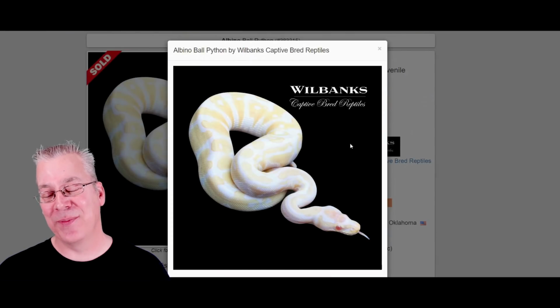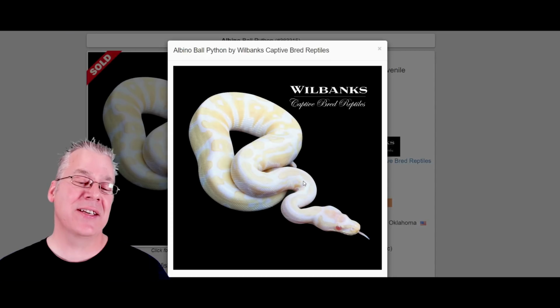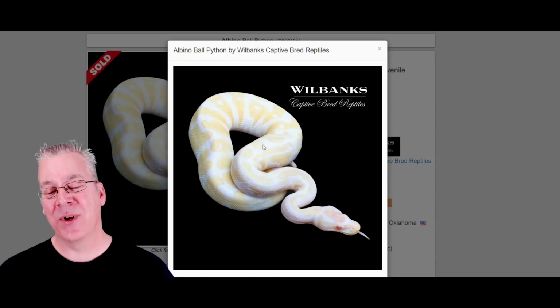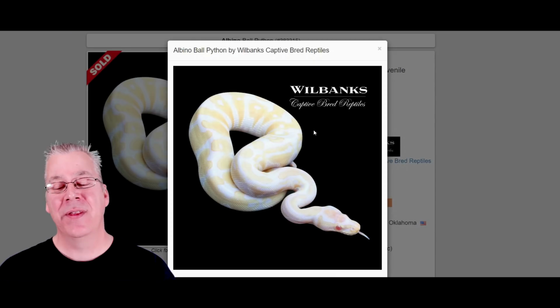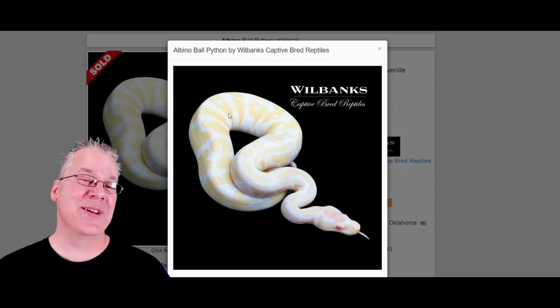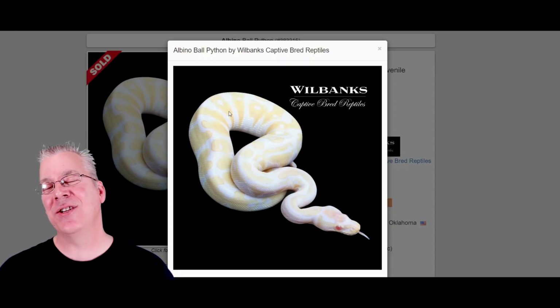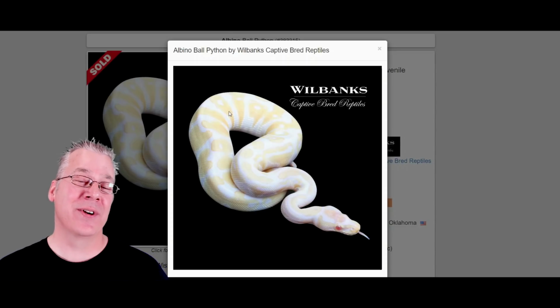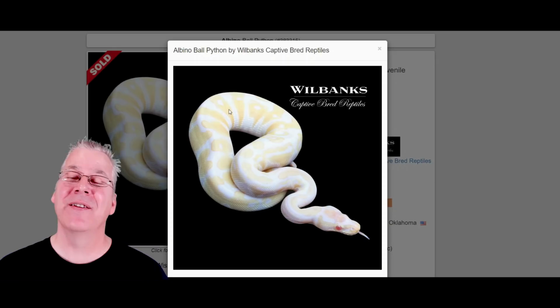This one is completely different than the other 2. This is actually more of a high white albino versus the other ones, which were pretty much a 50-50 or a lot more yellow than white. Sometimes you can actually see one versus the other. Essentially, I'm going to go through several genes, and I want to show you 3 extreme examples of each of these